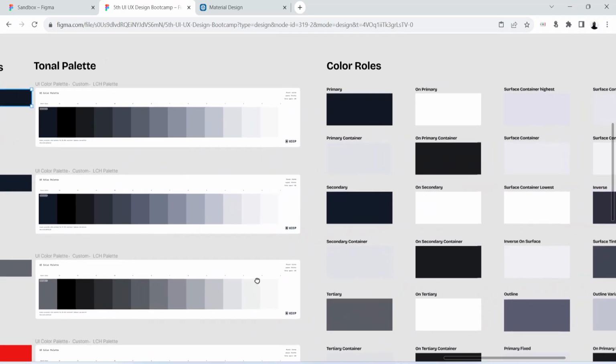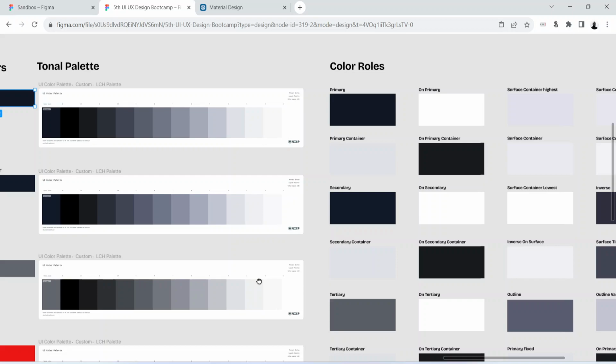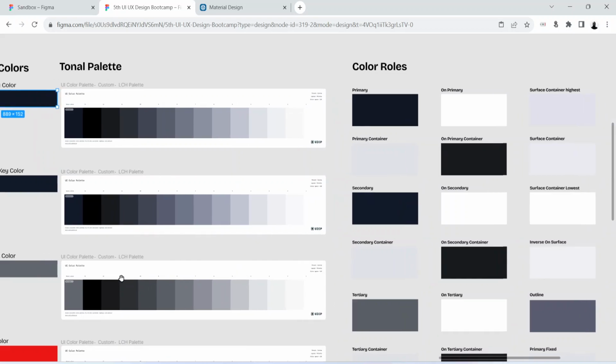Now, the reason, or the meaning, behind deriving color roles is this. We need to go to the tonal palette and start picking colors from it that will be playing a function. It's not sensible for us to have all of these colors in the tonal palette and start using them randomly, right? It is just the same thing